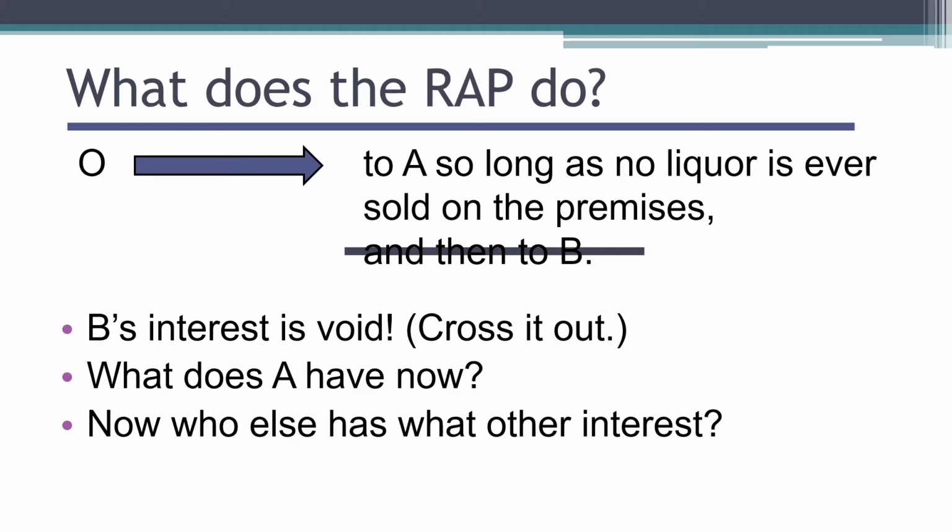else has what other interest? The answer, of course, is that O, the grantor, has a possibility of reverter, something that always accompanies a fee simple determinable. Now, you might say, well, there's no time limit on that either, but that doesn't matter because the rule against perpetuities doesn't apply to future interest created in a grantor, such as O's possibility of reverter in this